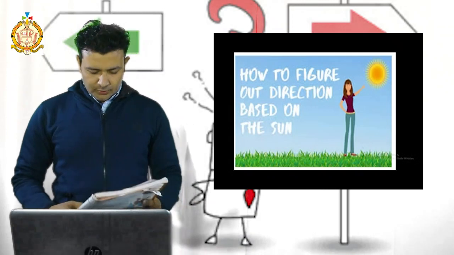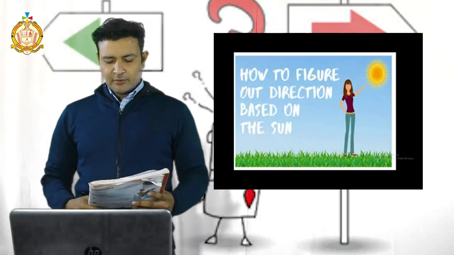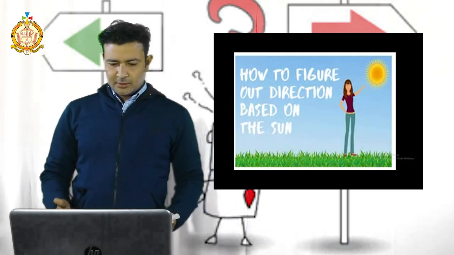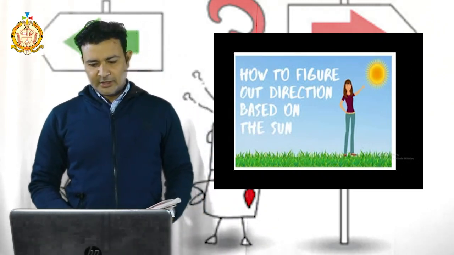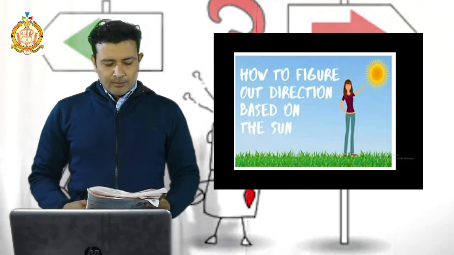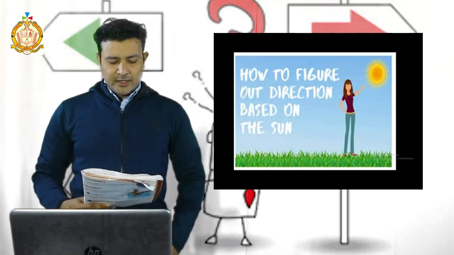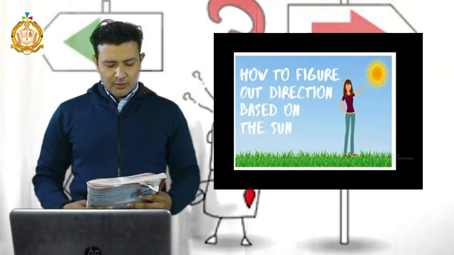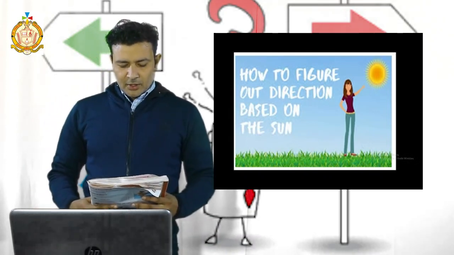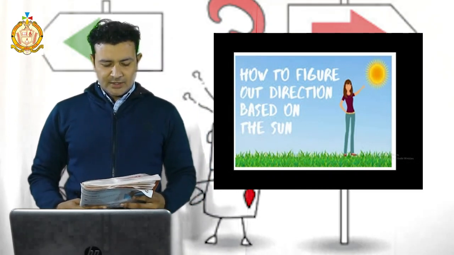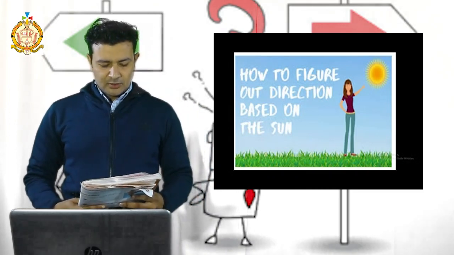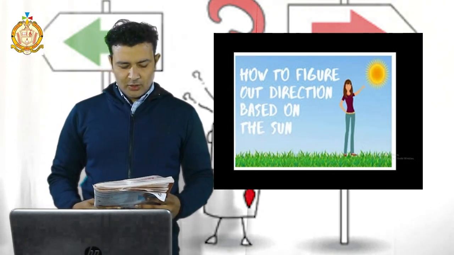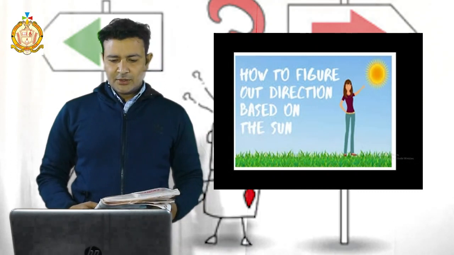You can look at your book, page number 134. One boy is there. You will get the same picture in my PPT also. You are watching this, and see, many years ago people used to find direction with the help of the sun. Stand in your house ground facing the rising sun, so your face is toward the east and your back is toward the west. Now stretch your arms. The left hand points to the north, and your right hand points to the south.